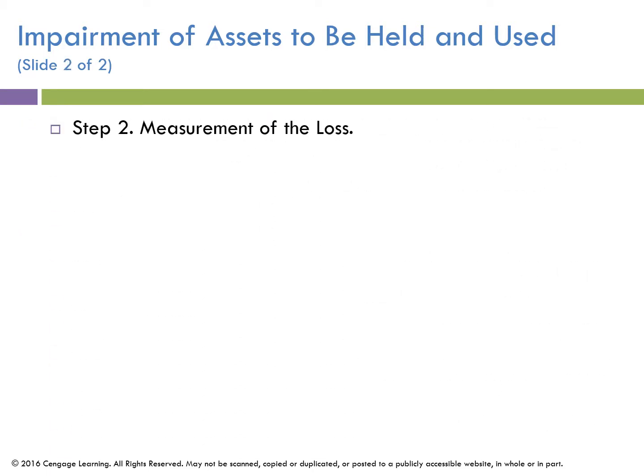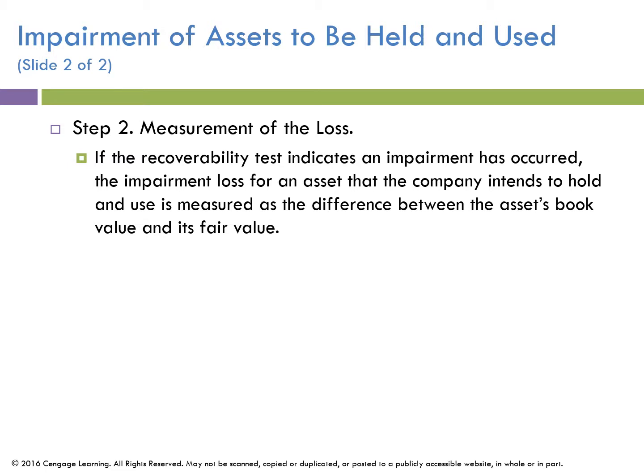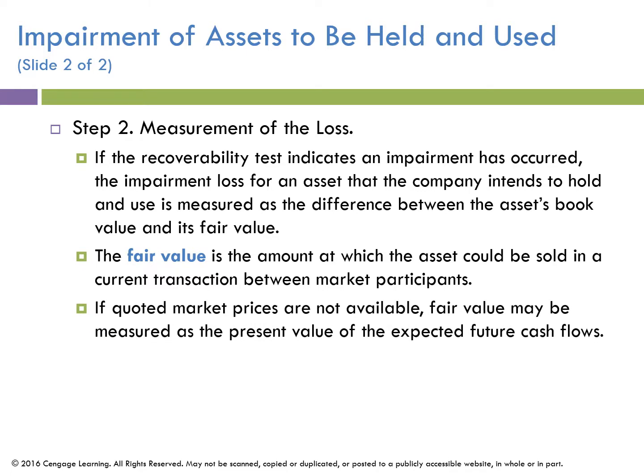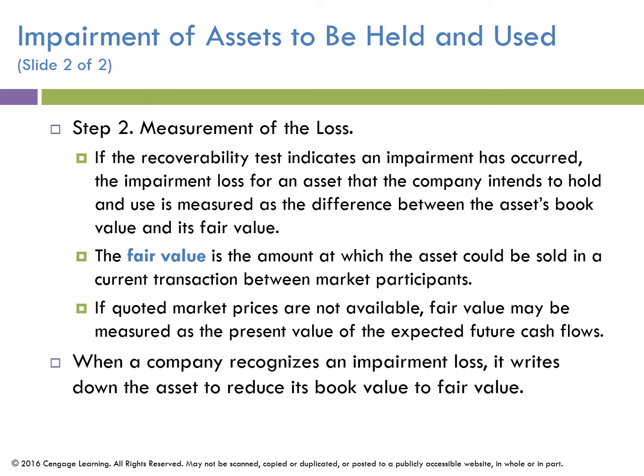How do we calculate the impairment? If the recoverability test indicates an impairment has occurred, the impairment loss for an asset that the company intends to hold, so we're still going to use it, is measured between the asset's book value and its fair value. What is fair value? The amount at which the asset could be sold right now into the market. Okay. If we don't have a market, then